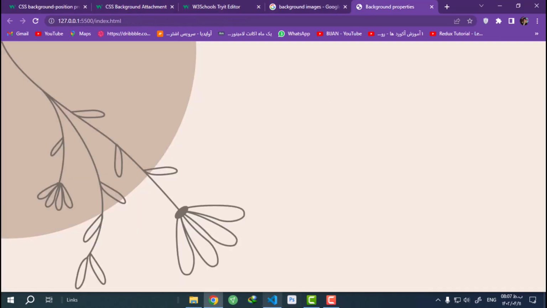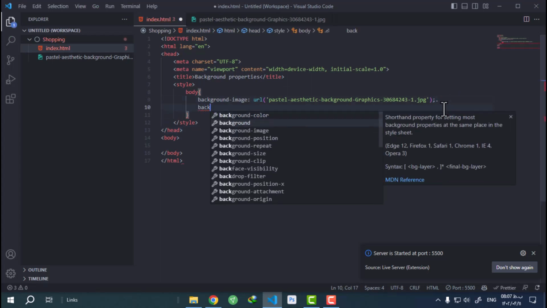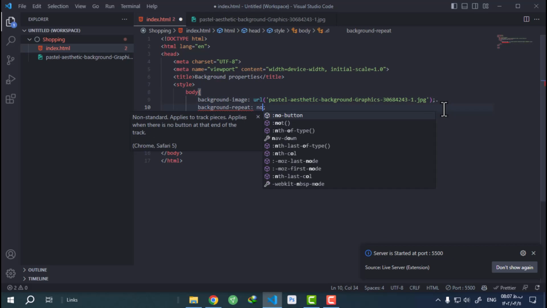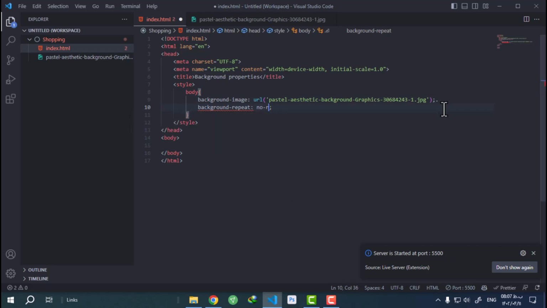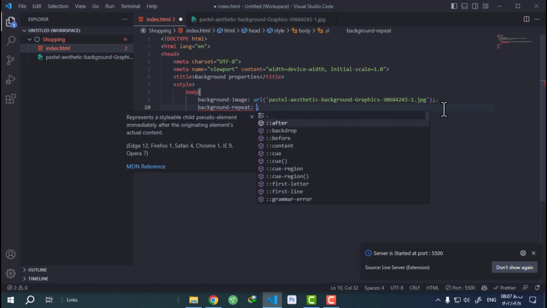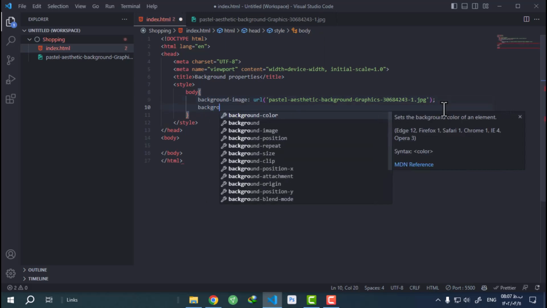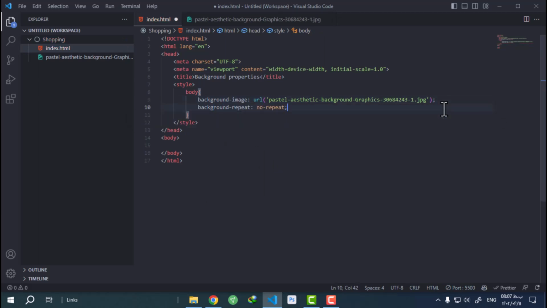Okay, we have many values for background. Background repeat. I set this to no-repeat. Background repeat, no-repeat means don't repeat my background. For example, let's see if I set this to repeat. Now it's not working, but